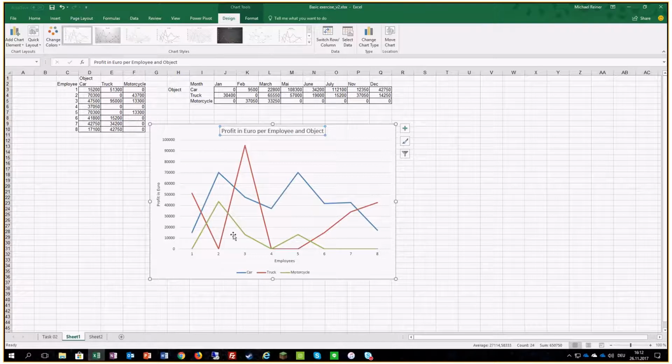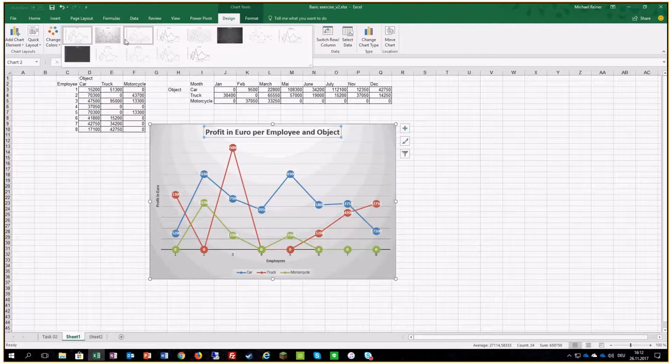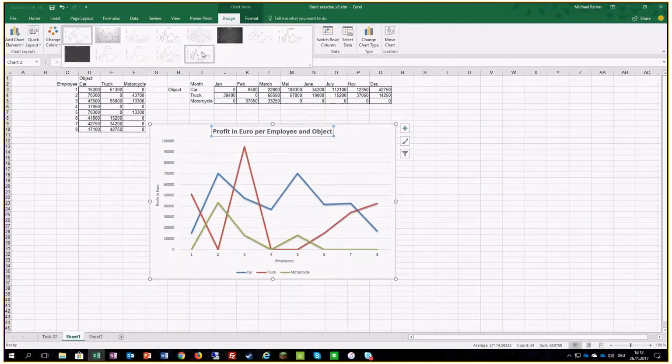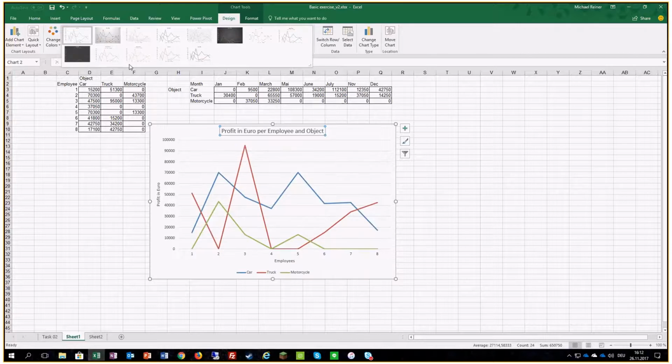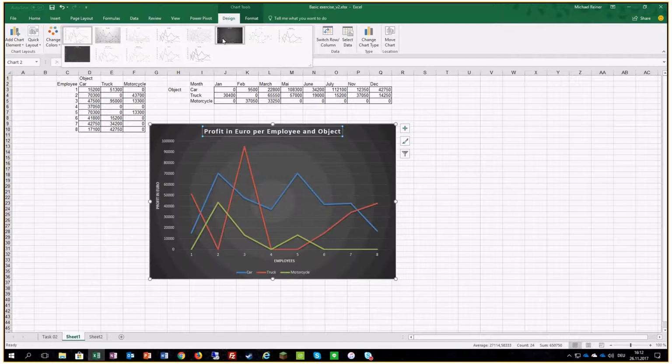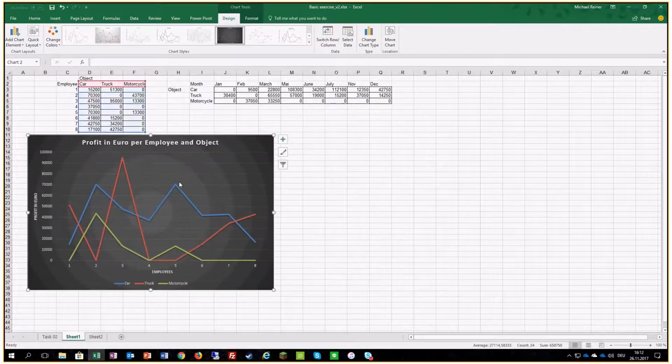That makes it much more readable, and of course we can now play around with some of the templates. Whatever template you take, make sure that you understand if this improves the readability or not. In most of the cases, it looks nice, but the question is if it can be read better. Of course, it's easier nowadays to achieve such a nice chart, and it looks kind of nice, and you can